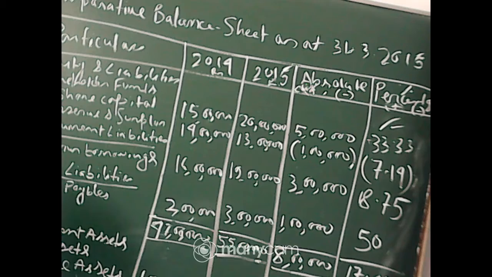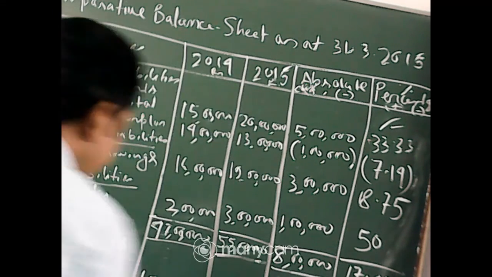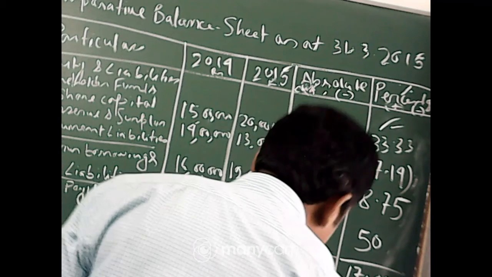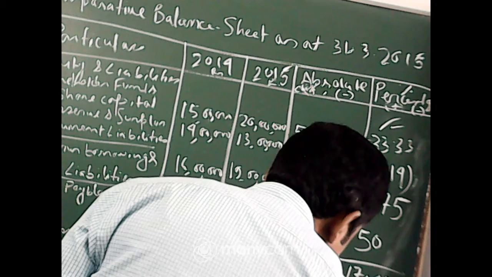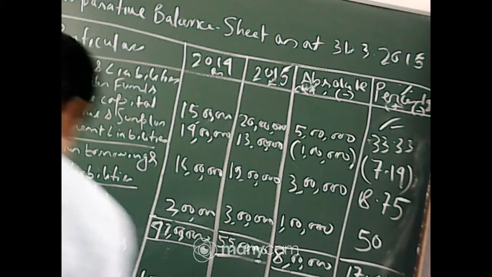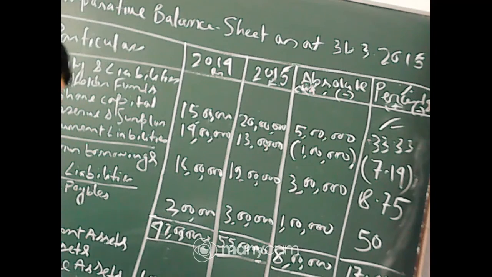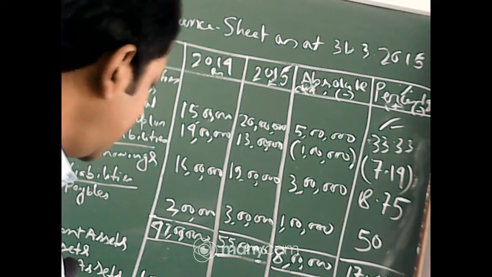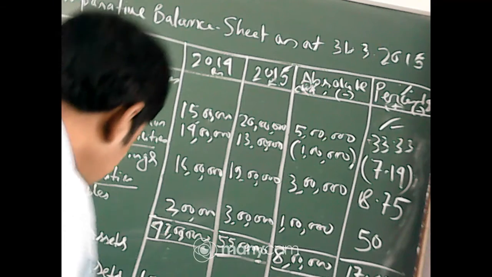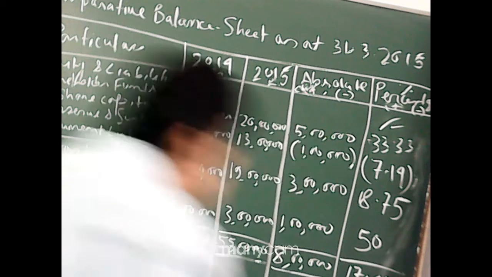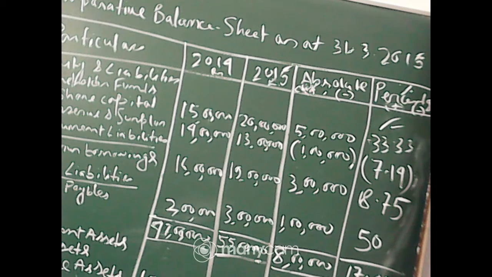Next is intangible asset. That is increased by 3 lakh. So 3 lakh divided by 16 lakh base year figure into 100. What will come? 18.75. Now there is a decrease of inventories from 14 lakh to 13 lakh, 1 lakh decreasing. When your percentage is revealed, 1 lakh divided by 14 lakh, that comes to 7.14. And this figure is minus, so your percentage is also a minus figure, and you should write it in bracket.